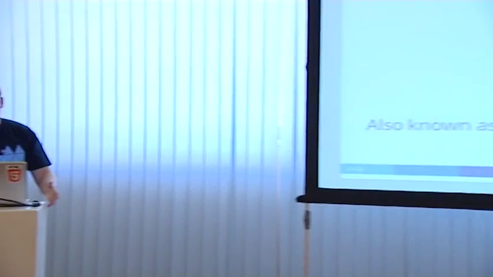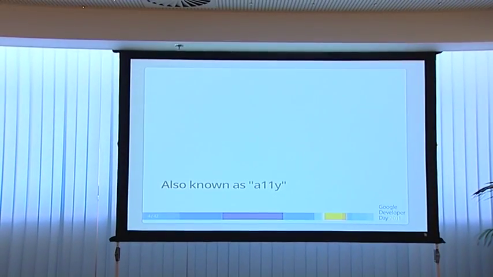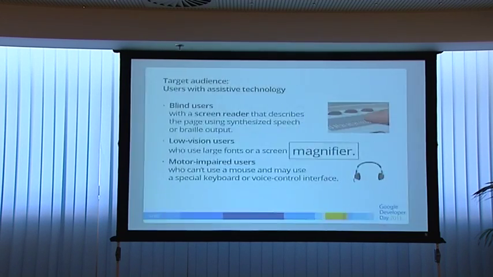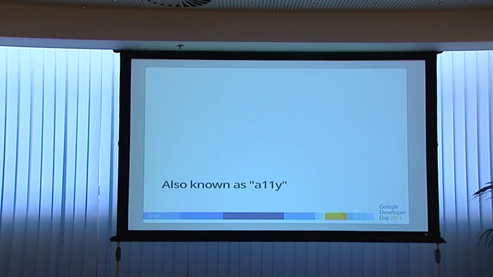One of the weird things, and this is really embarrassing: I always wondered why we called accessibility A11Y. Does anyone know why? Yes, it's the number of letters between the A and the Y. Because accessibility, even in English, is really hard to write, so they call it A11Y. We have internationalization, which is I18N. I don't know why I didn't make the association between the two, but then, oh yeah, it kind of makes sense. If we see people mentioning A11Y, then we're talking about accessibility,